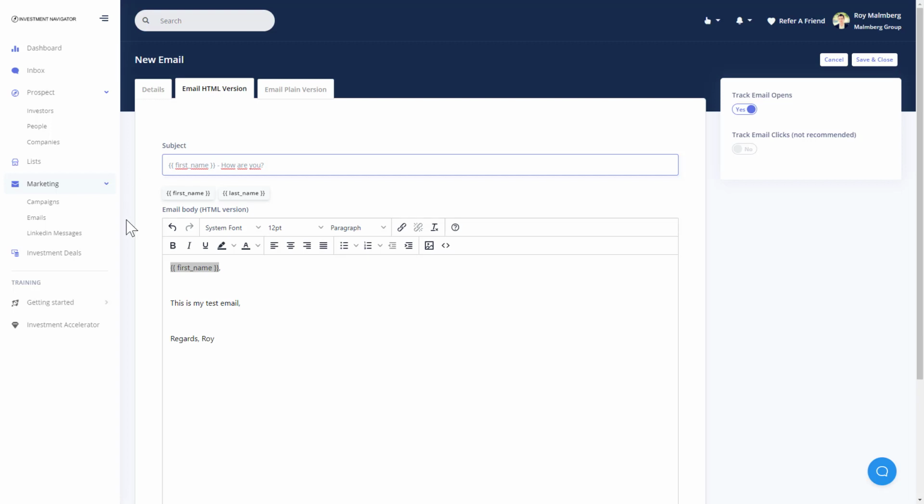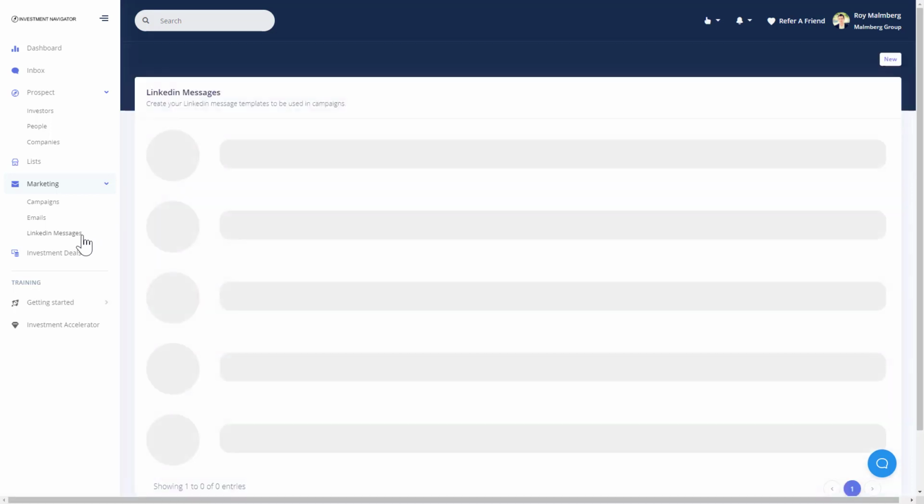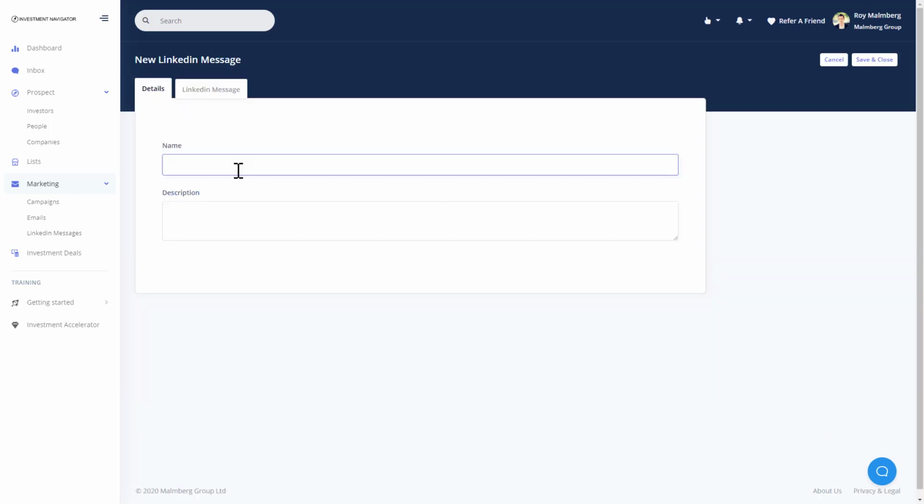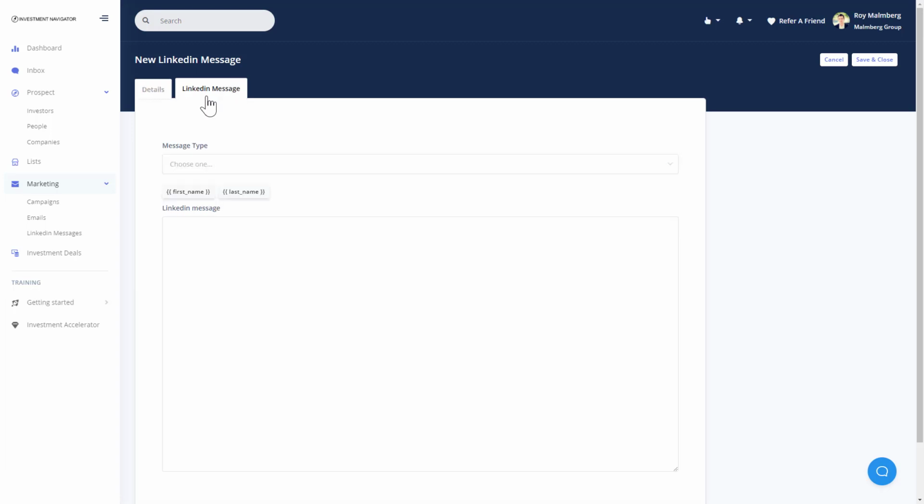Now let's go to LinkedIn messages and press new. Again, give the message a name. It's for your own reference. Again, go to LinkedIn message. Here, message type. So there are three types. When you send a connection request on LinkedIn, you're able to include a little message with the invitation. And that message can be up to 300 characters. So if that's what you want to do,